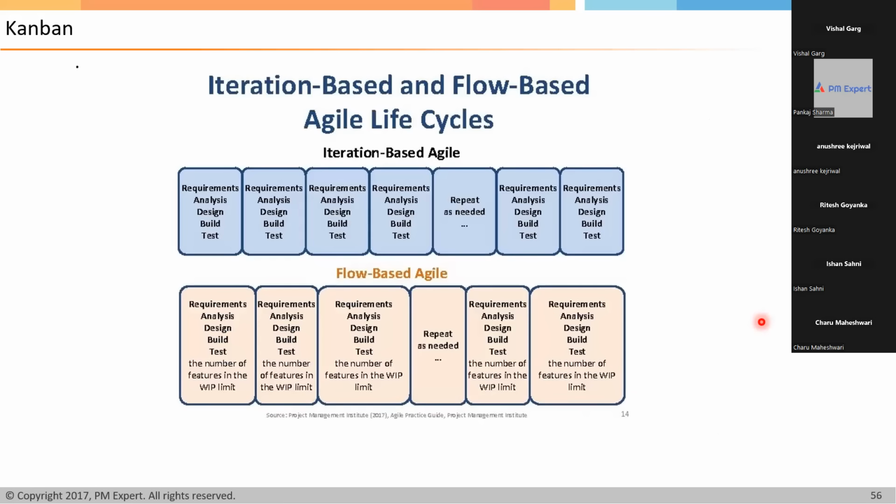So is the difference between iteration-based agile and flow-based agile clear, guys? Is the difference clear between flow-based and iteration-based agile? Yeah. Are you all okay? Please say yes. Divya, are you okay with iteration-based agile and flow-based agile? Isha, are you okay? Not much clear, Pankaj, to me. Dekho,